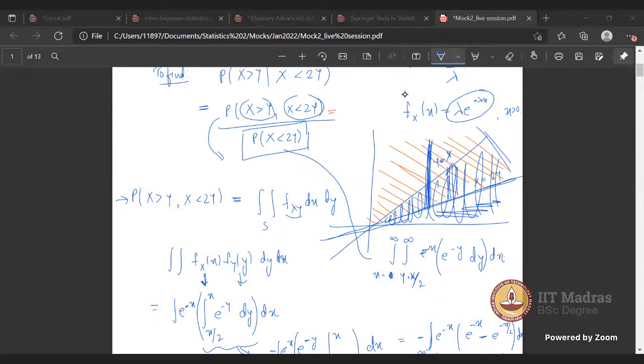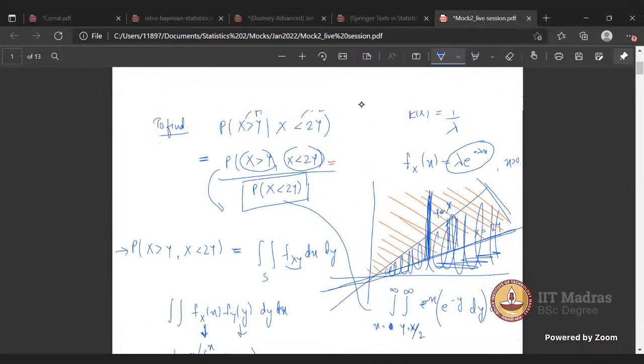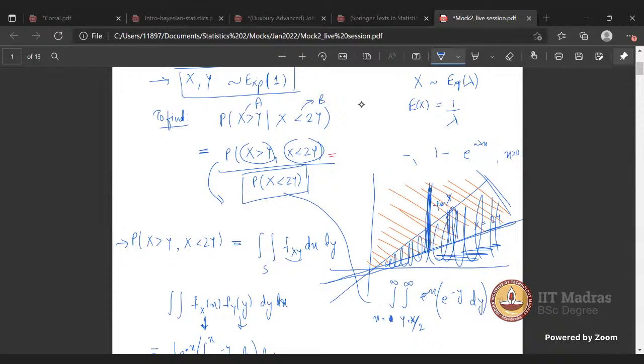Ma'am, I was asking, is there any trick to find out whether the area will be above the line or below the line, except putting the values on that side? Okay, so one simple thing that you can do is... now you mute yourself. So one thing that you can do is like